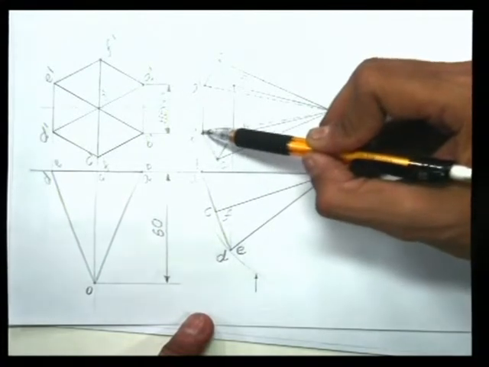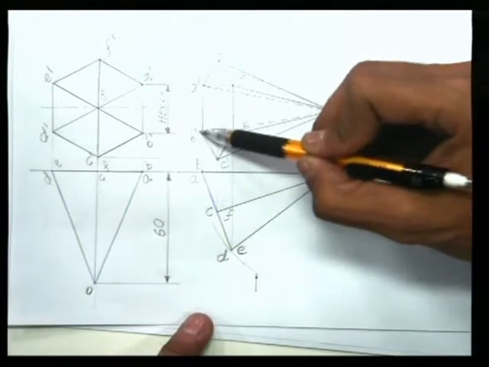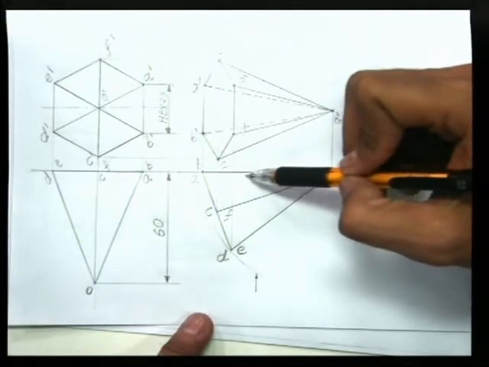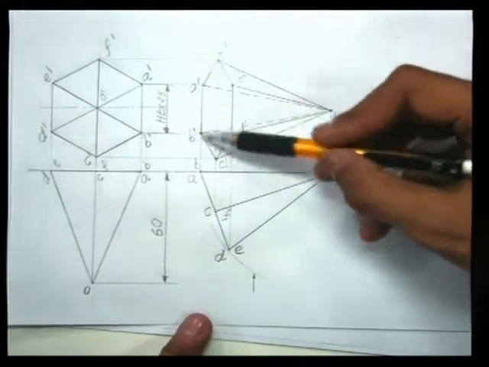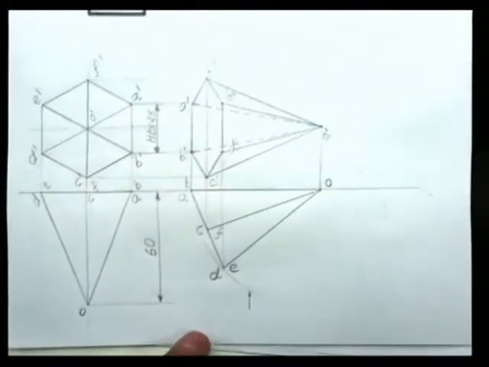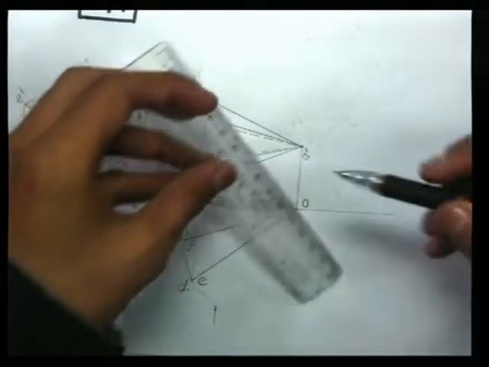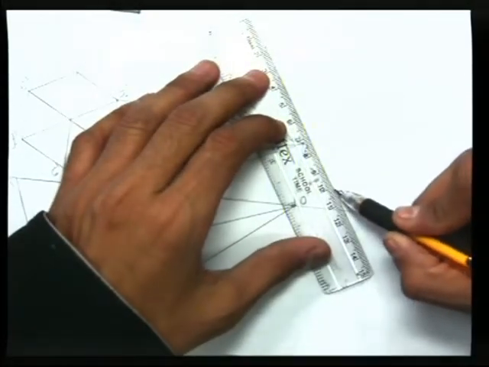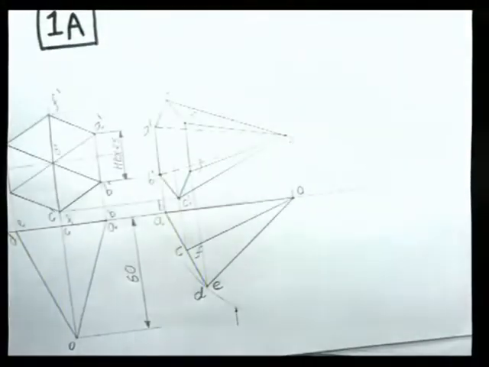So we have to tilt this front view in such a way that the angle between this A1 dash B1 dash and the XY line becomes 30 degree. For that, either we have to redraw this front view or the auxiliary method can be used. In that auxiliary method, we have to draw another line which makes an angle of 60 degree with the XY line like this, or 30 degree with A1 B1.